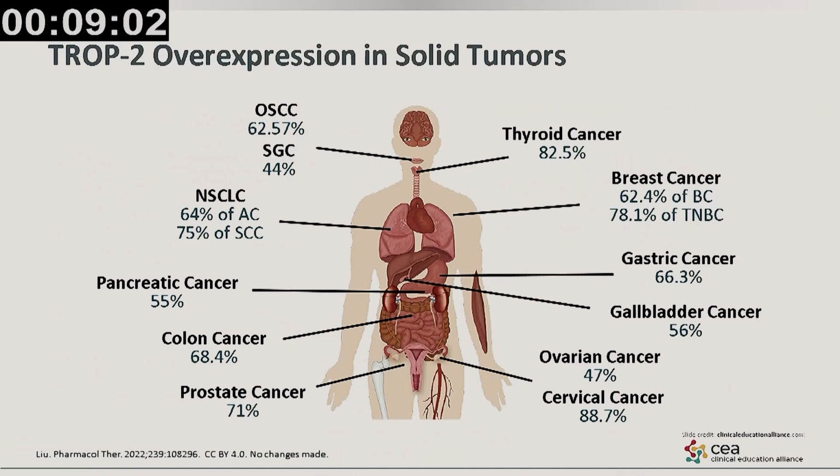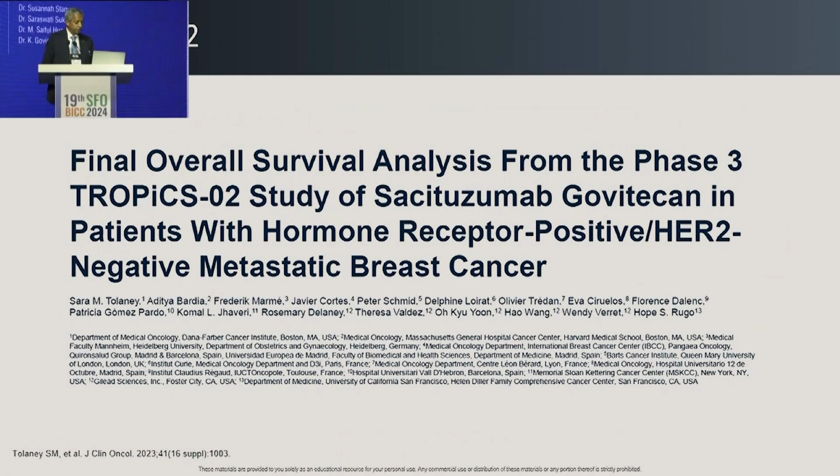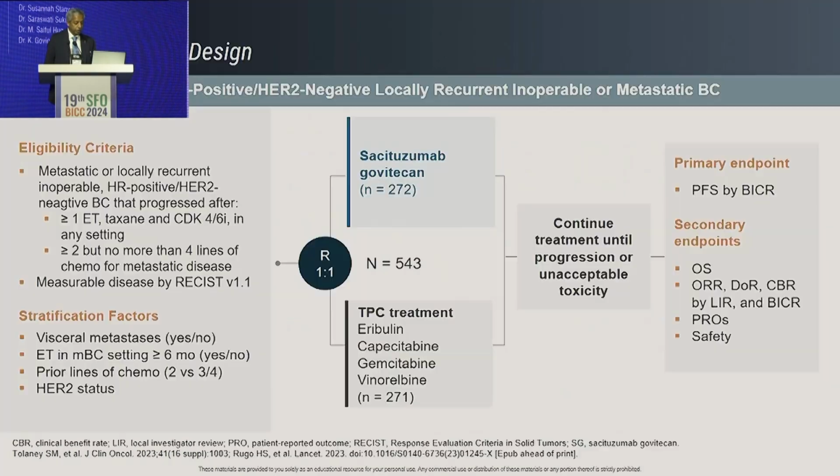So we don't even need to look at whether this is expressed or not, because it is expressed, as I show you in this slide, that it is there in almost all solid tumors. So this was the first paper, the final overall analysis, which was a phase 3 study. The study was called TROPiCS-02, which was looking at sacituzumab versus the chemotherapy drugs and the treatment of physician's choice